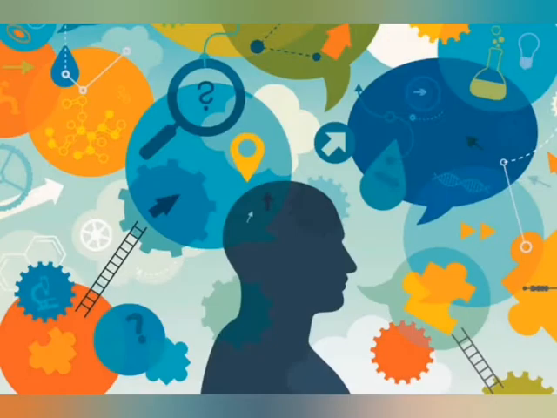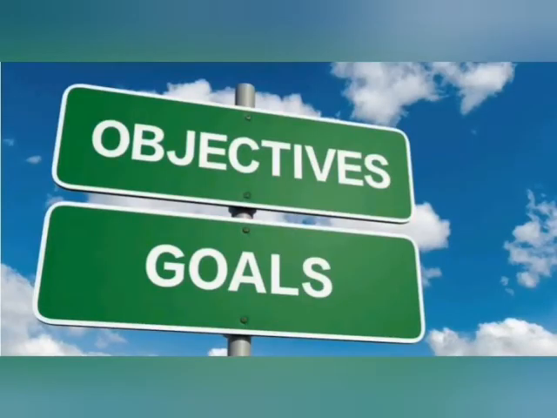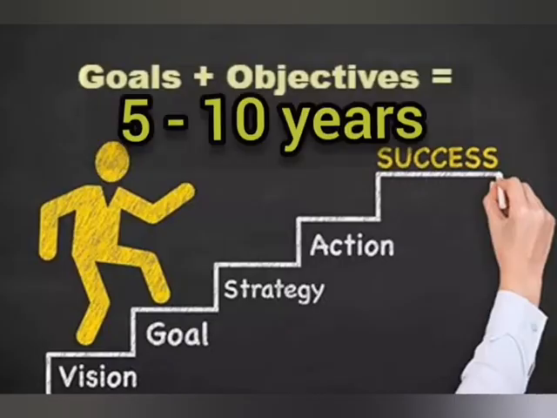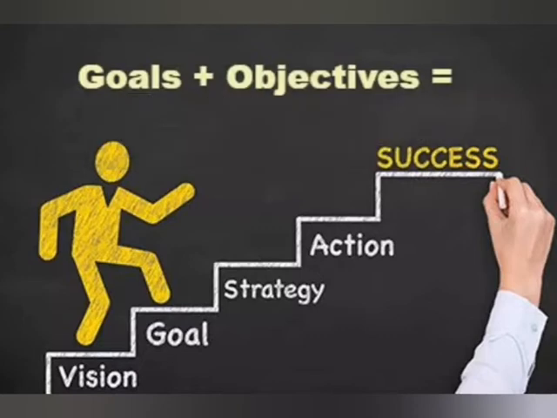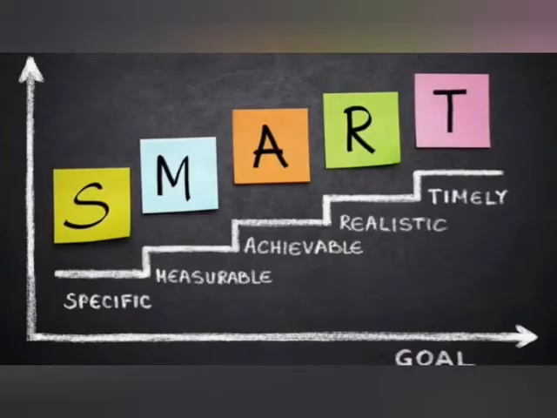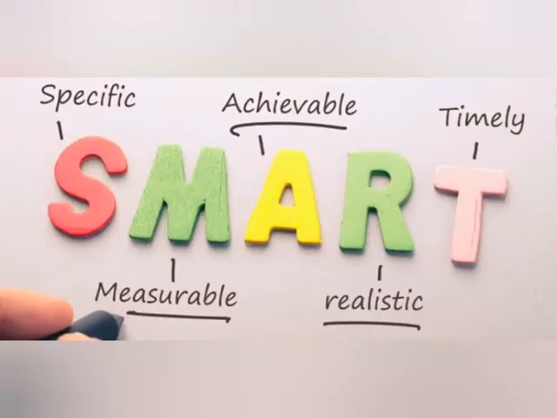And next up are goals and objectives of a business. Goals are normally long-term plans, in other words 5 to 10 years, whilst objectives are short-term plans. It is very important that when a business sets goals, these goals must be SMART goals. S stands for specific, M measurable, A achievable, R relevant, and T they must have a time limit, or must be time bound.